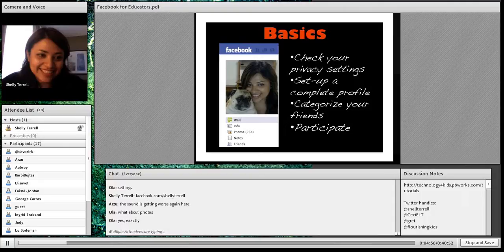And the next thing you want to do, if you want to increase the number of people that you have on Facebook or increase the amount of participation from your friends, and you want the communication to come about, which is really important because it is, after all, a language tool, then one of the things that you want to do is make sure that you participate as well. When you begin, what are ways that you can participate in Facebook? Can anybody name any ways? So what are ways that you participate on Facebook?